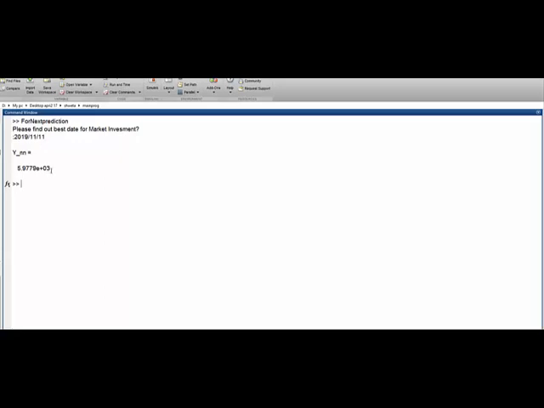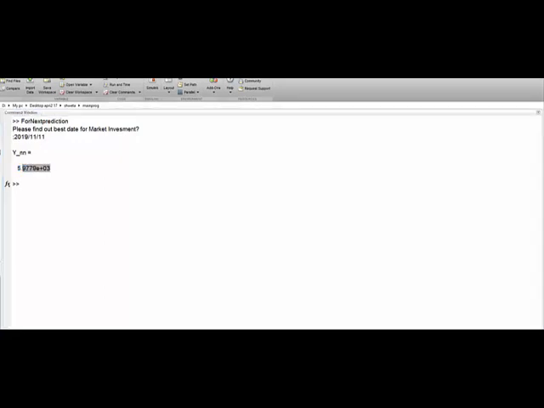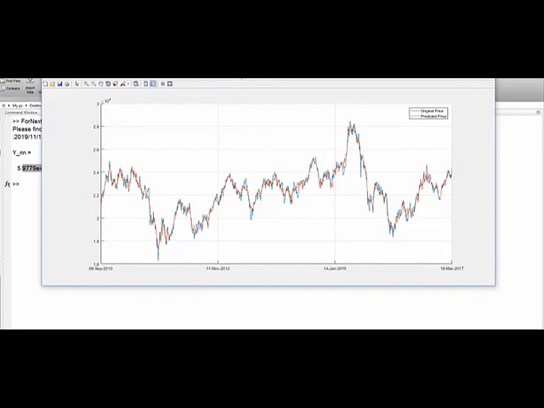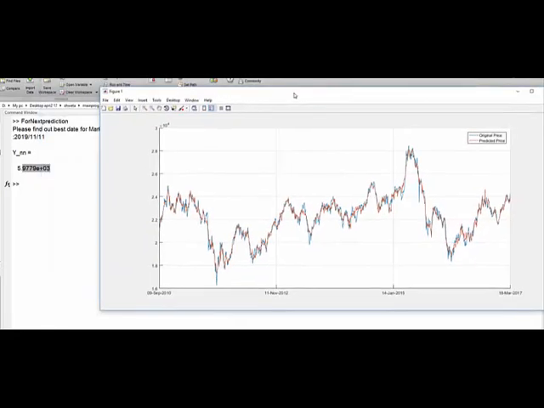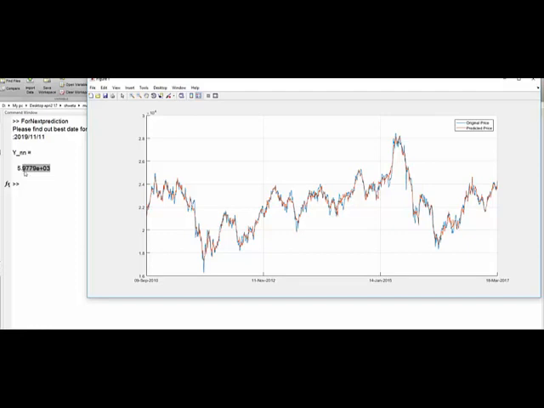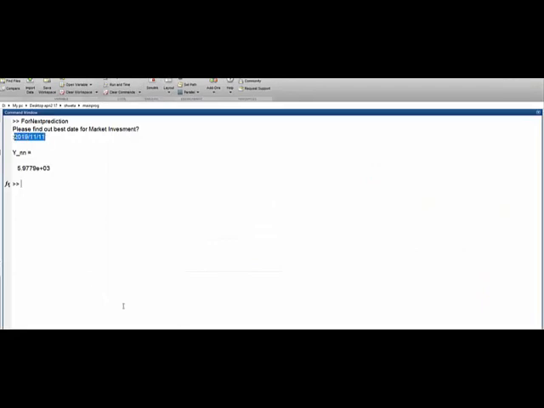So where it lies is the most important thing, because this is the graph, and we can see that the predicted value comes out to 5.9779 e raised to power 3. So it will be somewhere around here. That means on that date the market value is low. Let me show you how you plot this value on the graph, over the original value.